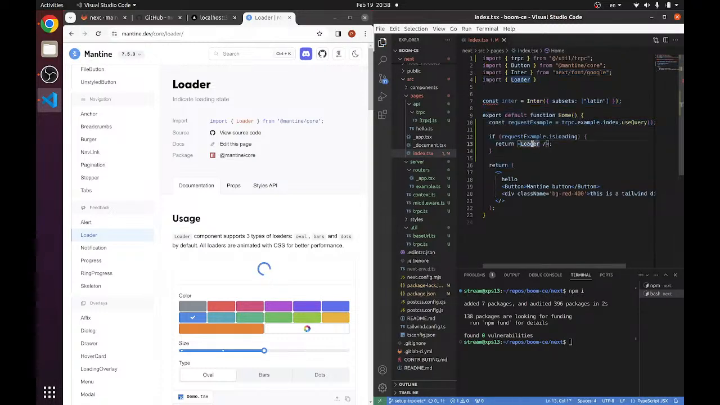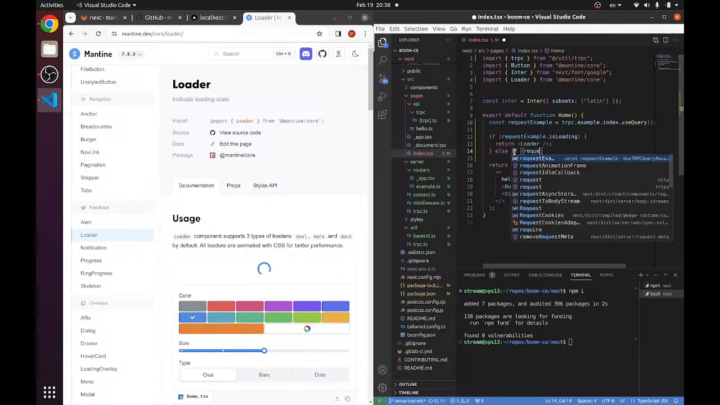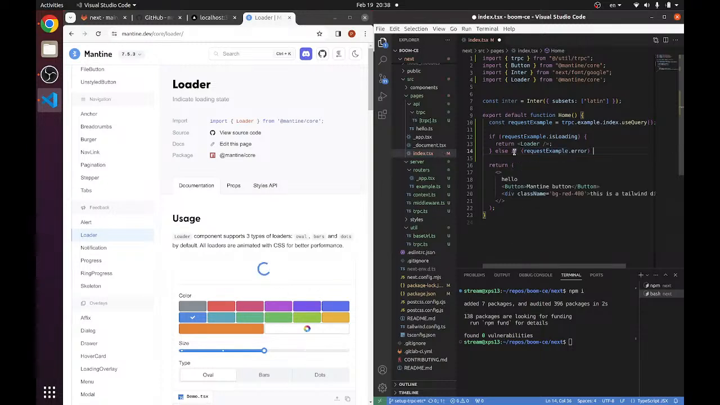Maybe I'll get some better results. Okay. There we go. So if it's loading, return the loader. Else if request example.error, we'll just say that an error occurred. Did I misspell that somehow? For some reason that looks weird. Otherwise,